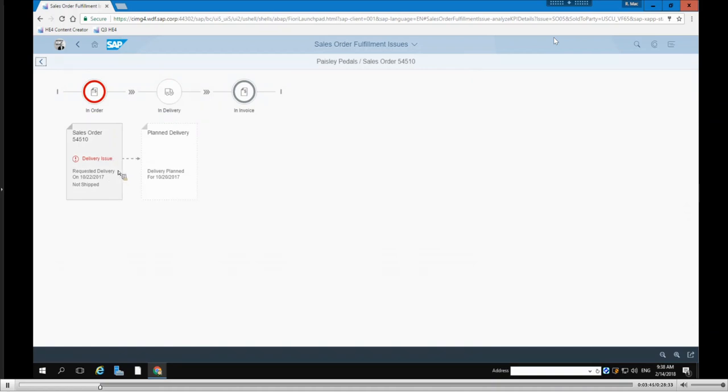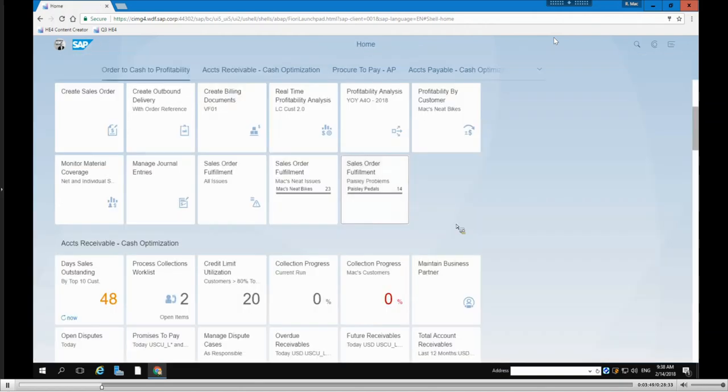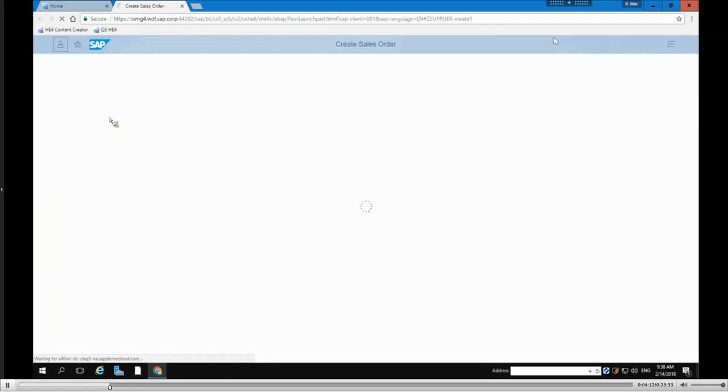As an analyst in the OTC department, I would come in and just resolve these as an exception-based process. And you can do that at whatever level you need. So in this case, I've got all sales order issues for our entire company, and in this case, it's the entire demo system. And I've also got it for my 2 customers that I manage, Max Neat Bikes and Paisley's Pedals. So anyway, that's something I want to note, but since you did request looking into this more fully,